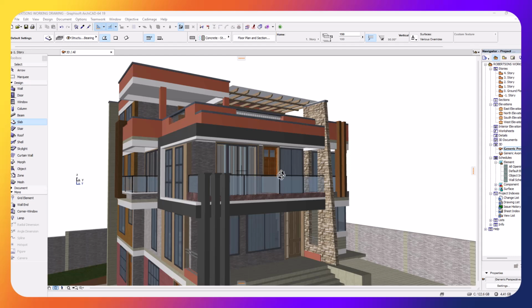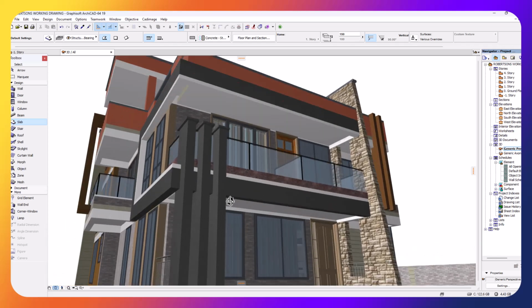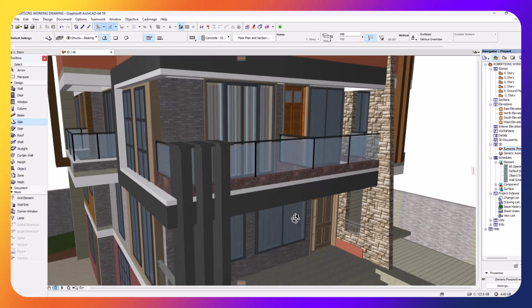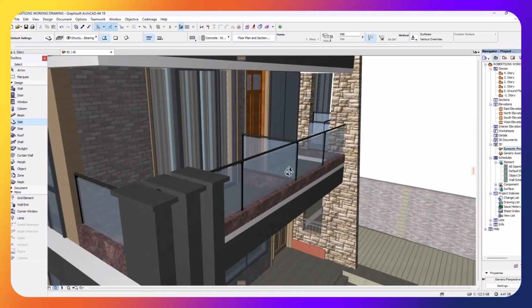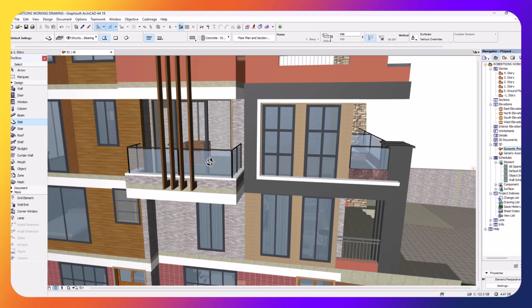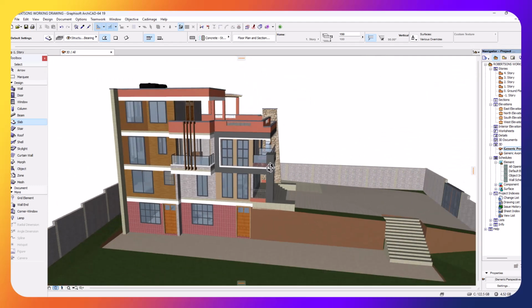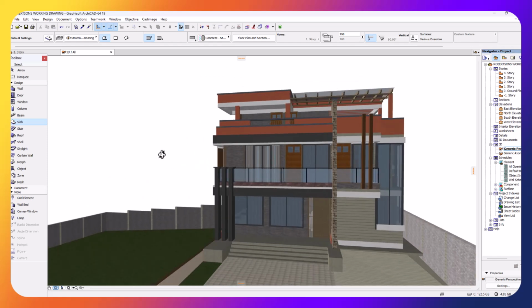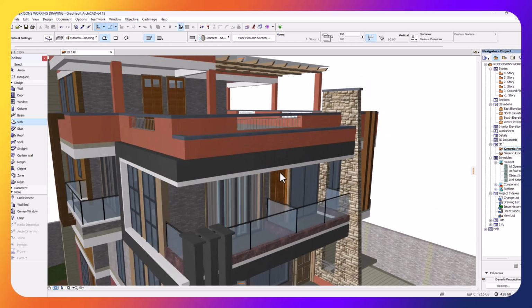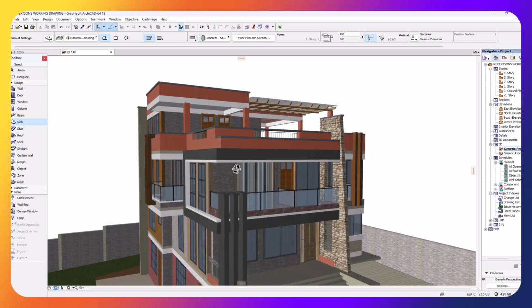Hello, welcome. In this video, we learn how to put grass panels on a balcony. As you can see, on this balcony we have a grass panel, and on this one too we have a grass panel, and this is very possible by using any type of ArchiCAD, and therefore the first step is